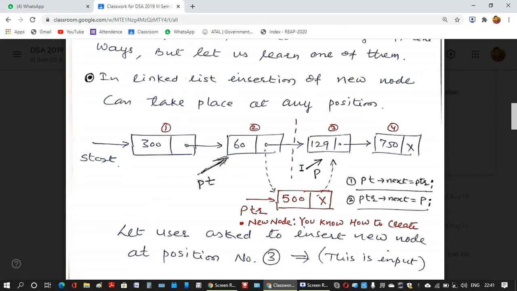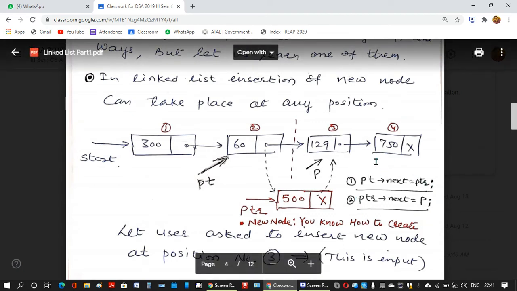First we see, if PT is the pointer of this node 60 and P is the pointer of this node 129, and we want to insert a new node PTR between them, then only these two statements are required to link the new node. What are these two statements? PT next equals to PTR.